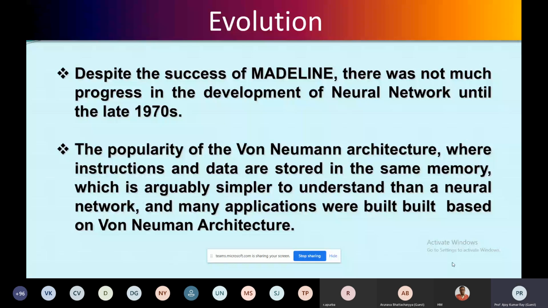So neural networks and the stored program usual computing environment are two parallel kinds of work. Because von Neumann architecture machines were considered to be machines which could do computation. But neural networks, during the initial part, were conceived as not to be used as a computing network. This is very important because